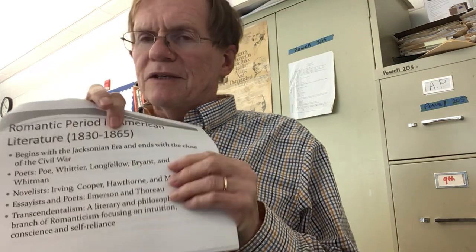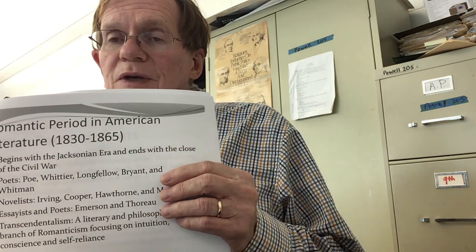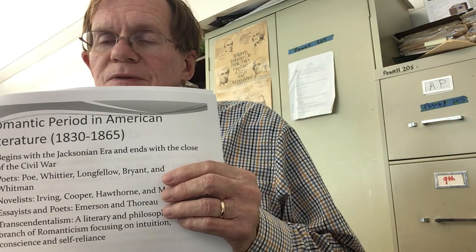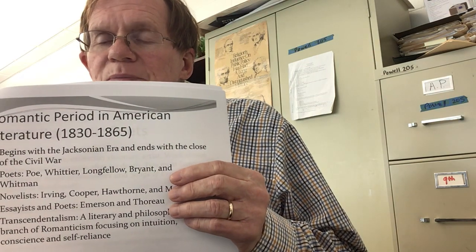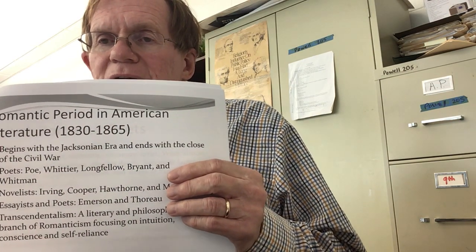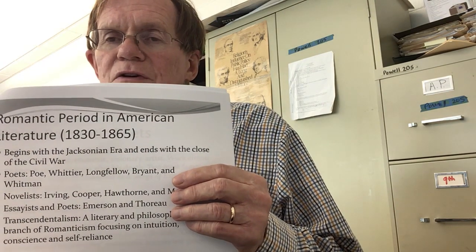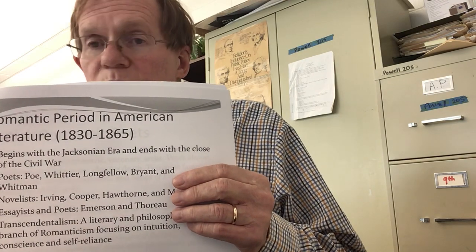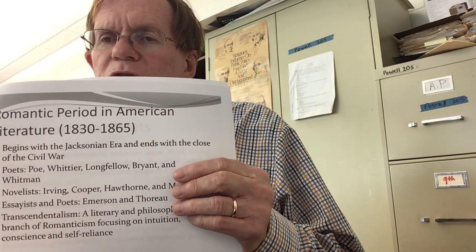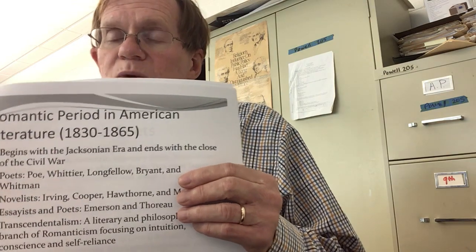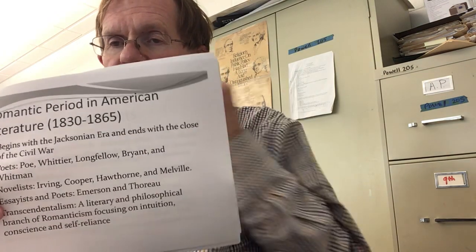It ends with the end of the Civil War, 1865, and there are a couple of reasons why that ended the Romantic movement. The first one is having gone through a war where 600,000 people were killed total on both sides, and people saw war and its damages. That had a huge impact on the kind of literature people wanted to read. They could no longer read books about war that idealized it or romanticized it, because they had seen what war really looks like and its carnage.